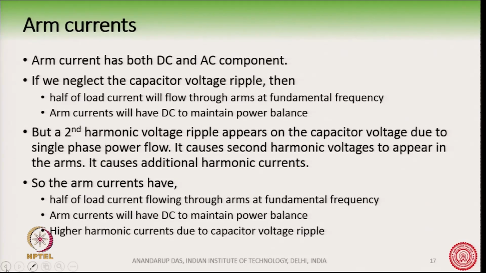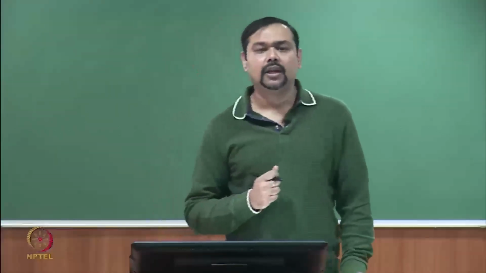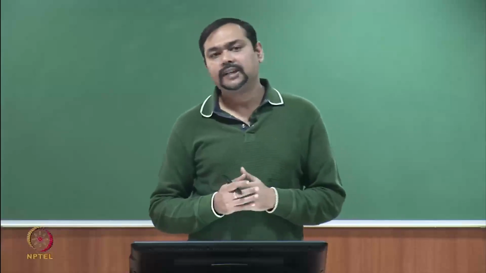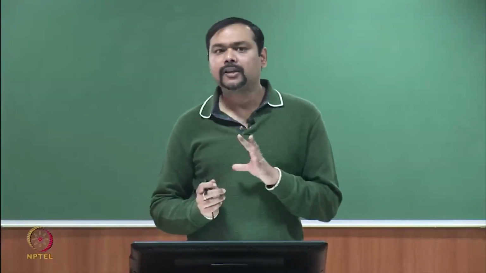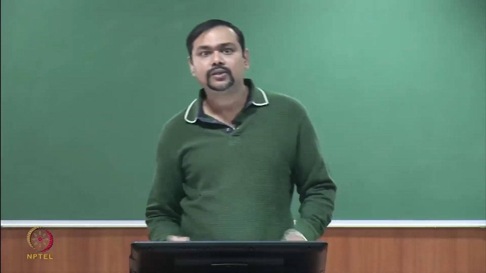So, the arm currents have half the load current and a DC component. These are essential, but then there is also some higher harmonic, predominantly second harmonic component, which comes from the power oscillation due to a single phase voltage interacting with a single phase current. So, that comes also. We will talk about it sometime later. So, let us first look into the arm current